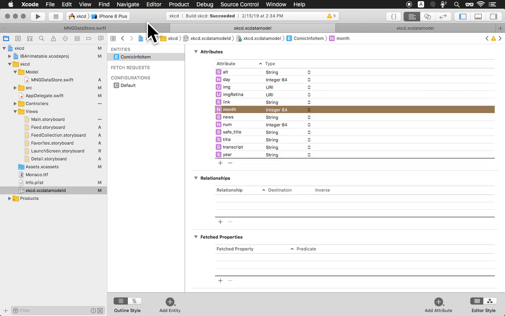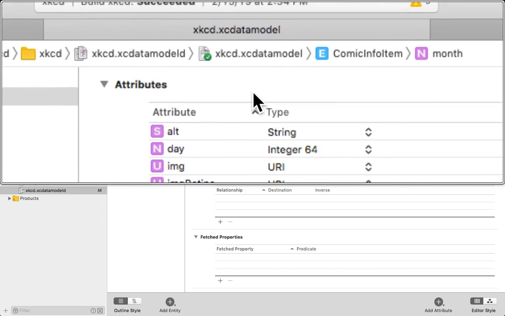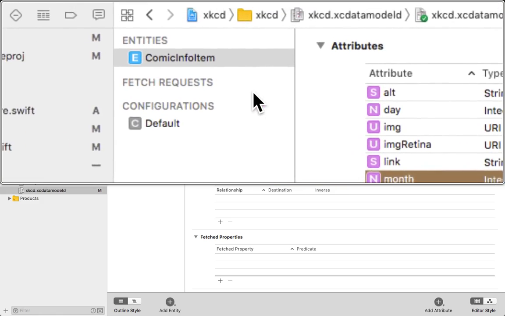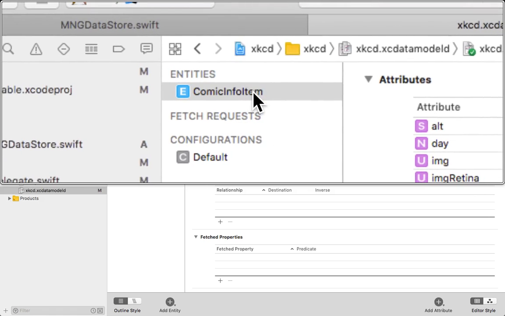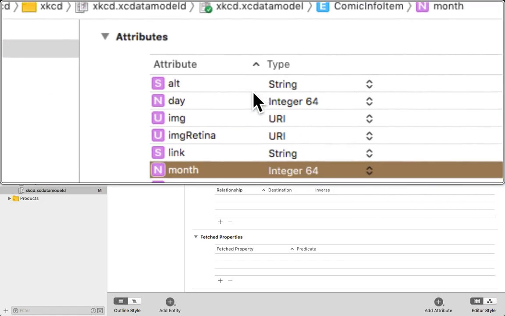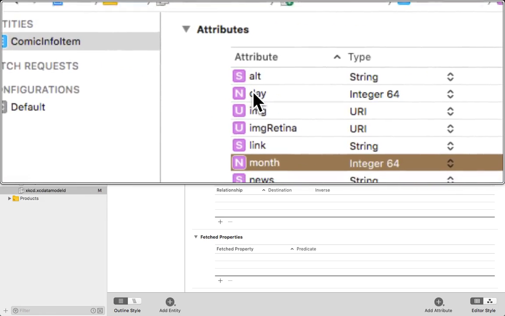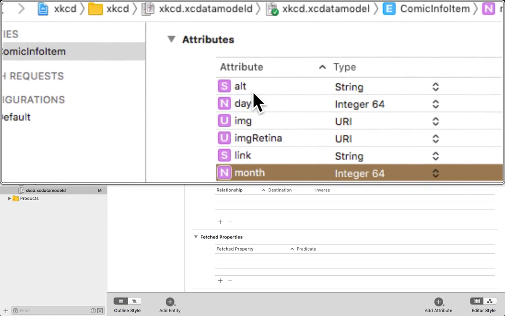To recap, I recreated this entity that represents comic info, and I called it comic info item. And then for each key in the